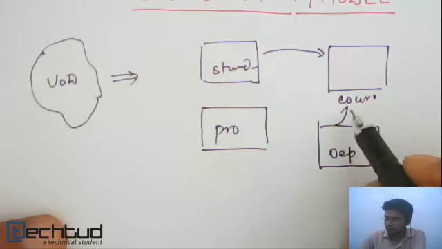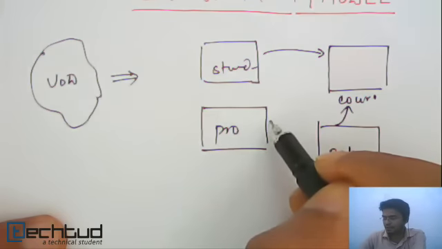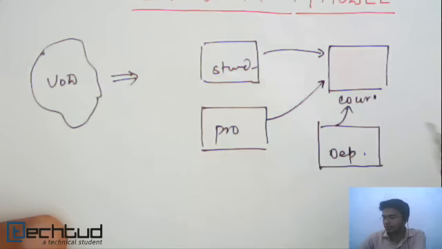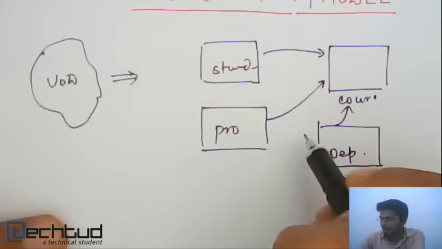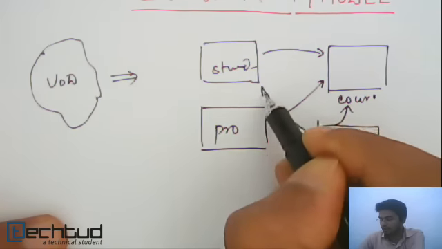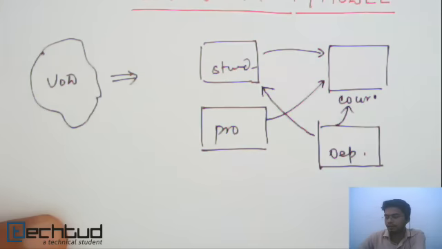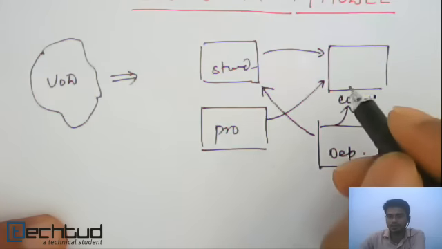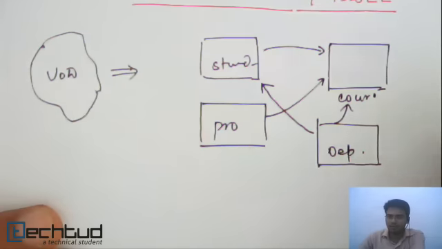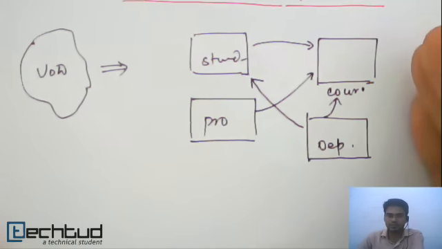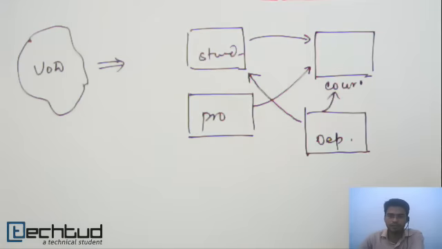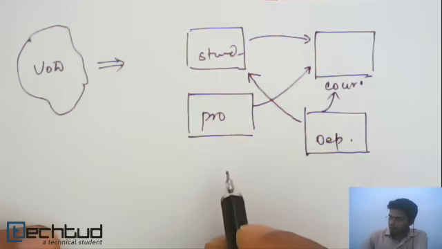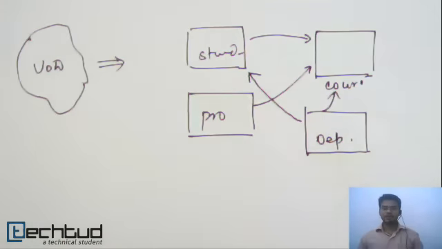Department will be offering some course. Professor will be handling some course. And department will have students. Similarly, consider these arrows represent relationships. This is not a proper diagram, I'm just trying to show how we proceed. That's where our data modeling started and the ER diagram came into the picture.